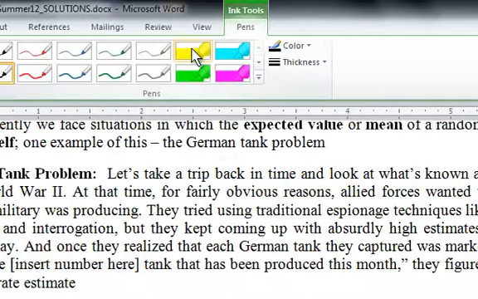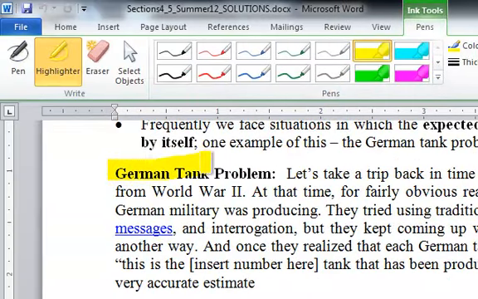The German tank problem, this is also a pretty famous problem. What happened during World War II is the Germans had a bunch of tanks, and we would capture a tank and try to then determine how many total tanks the Germans had. And the reason we were able to estimate this is because they had sequentially ordered the numbers of the tanks. So they may not have started with one, but they were a nice sequence,